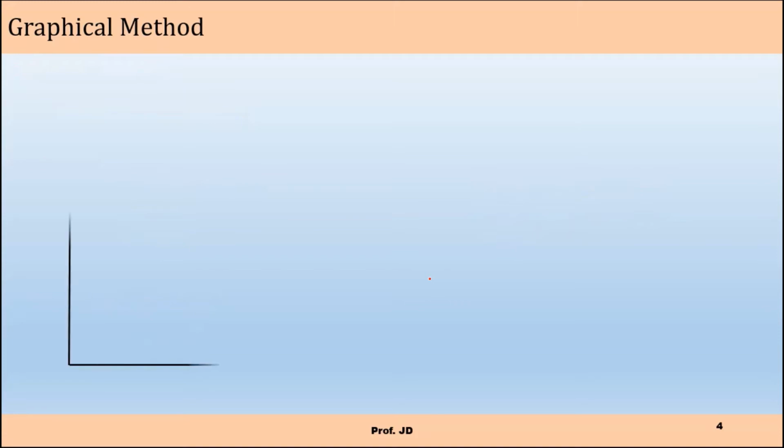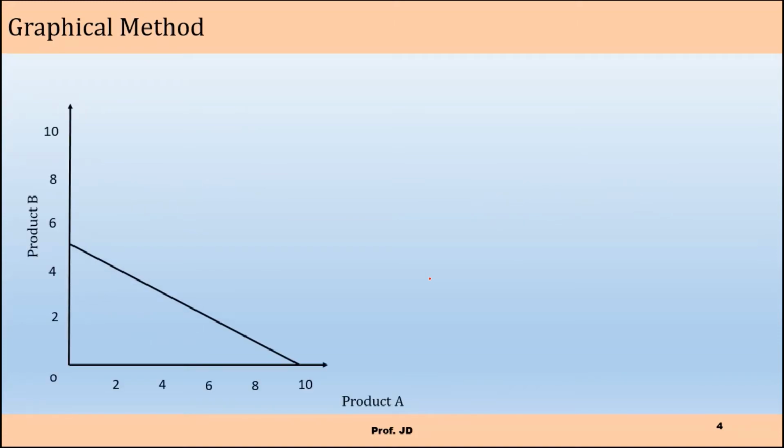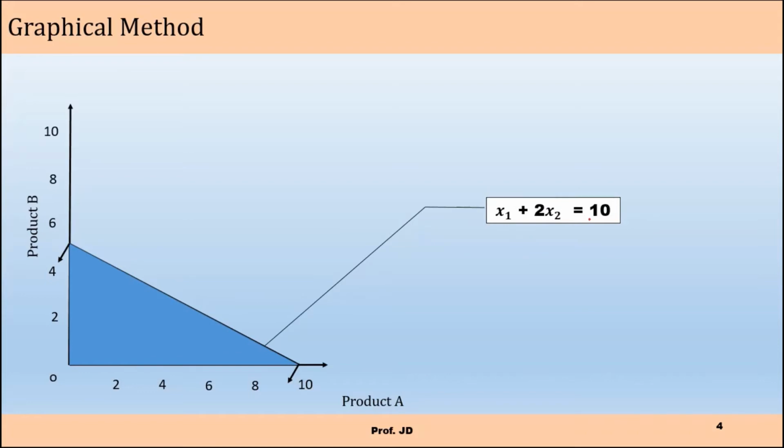So let's say this is my x1 unit and this is my x2 unit. Okay, so again I have taken 10 units. So step size I have taken is 2, 4, 6, 8, 10. You can take according to your convenience. This is my first constraint, that is x1 plus 2x2 equal to 10. Now to plot this constraint, put value of x2 equal to 0. You will get the value of x1, that is 10. Mark that point over here, right?